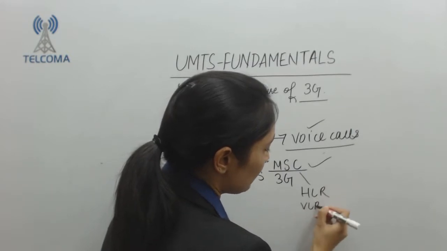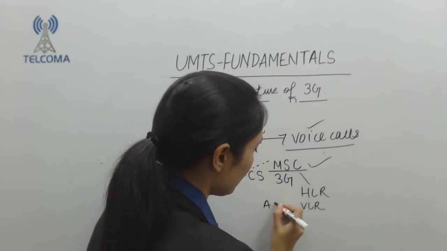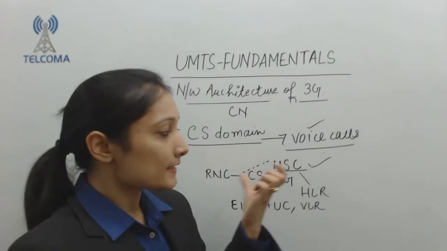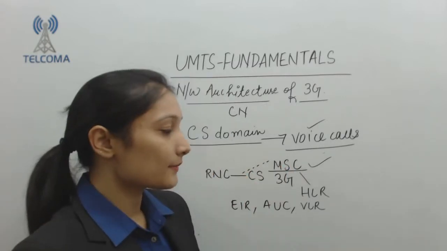HLR, VLR, AUC, and EIR. This is the main heart of the network because it is responsible for taking care of the mobility management of the network and billing operations of the subscriber also. So the first database which we have is the HLR, Home Location Register, which is here responsible for maintaining the